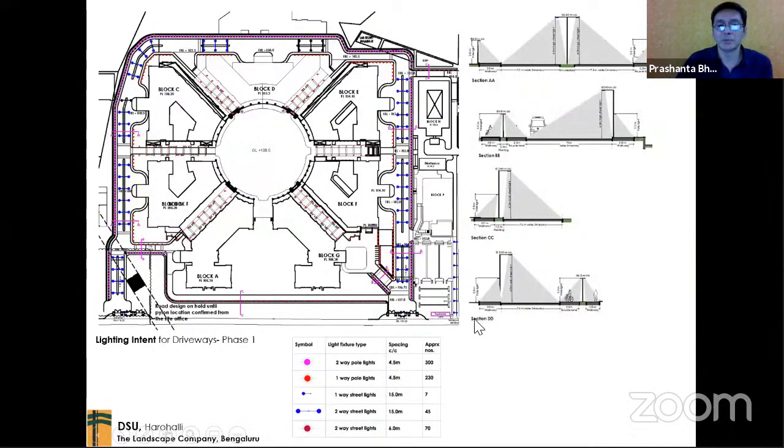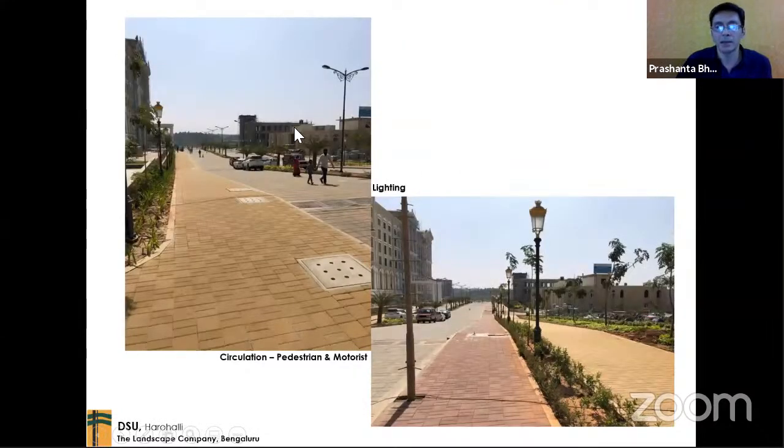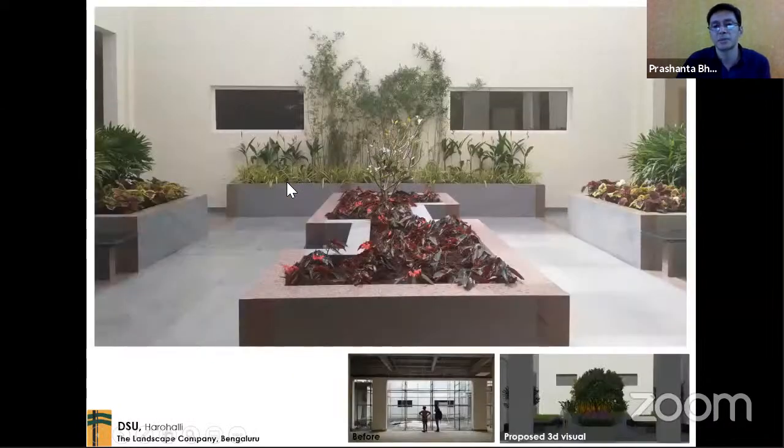This is the lighting layout where we're looking at how the street lights would be, how the pedestrian lights will happen. Studying how the light fixtures are actually throwing the light, when we propose something, and what the height of the light fixture would be. These are some things that are important now and in our design as well, where we're studying how the light fixtures will actually throw light. There are two types of lighting, aesthetic lighting and security lighting, which both need to be addressed, and primarily security lighting so that people are feeling safe in the night, especially in these kind of spaces.